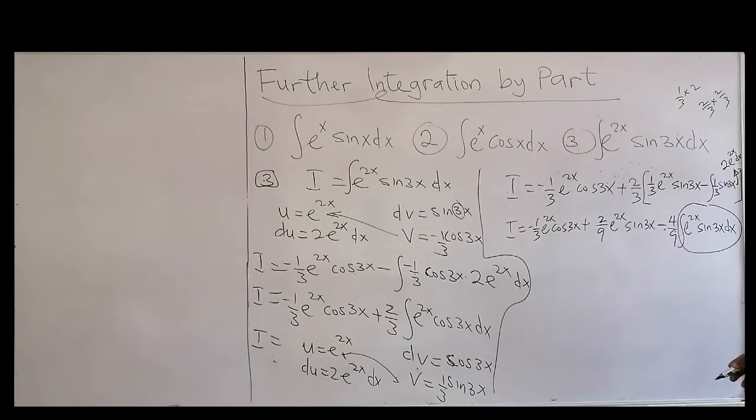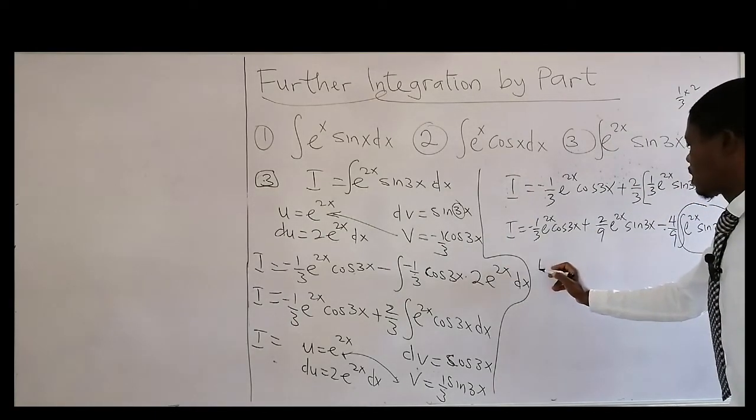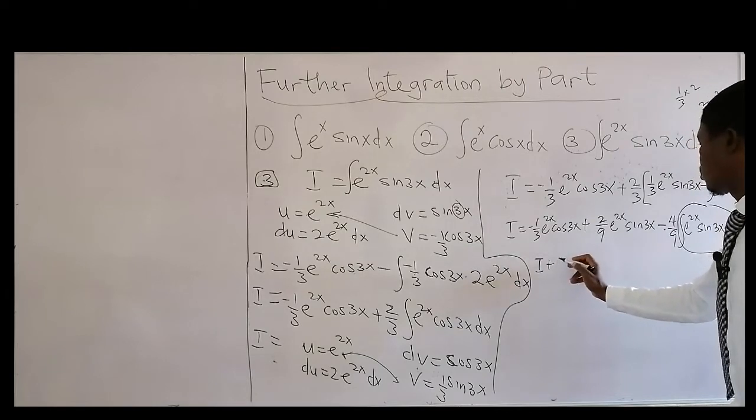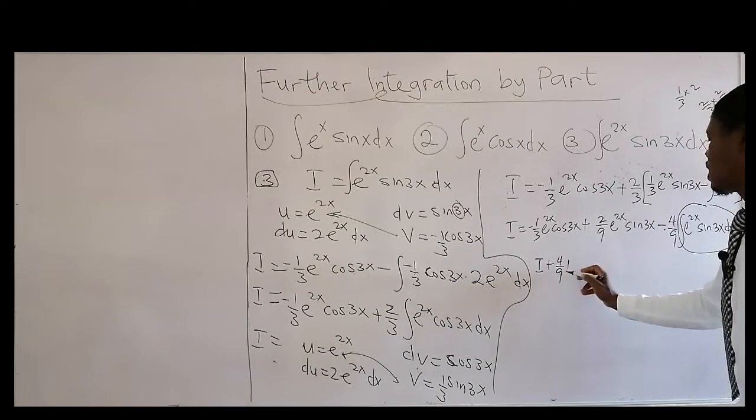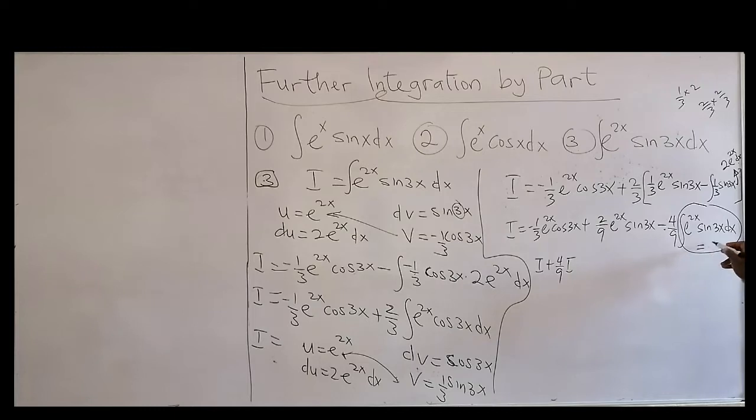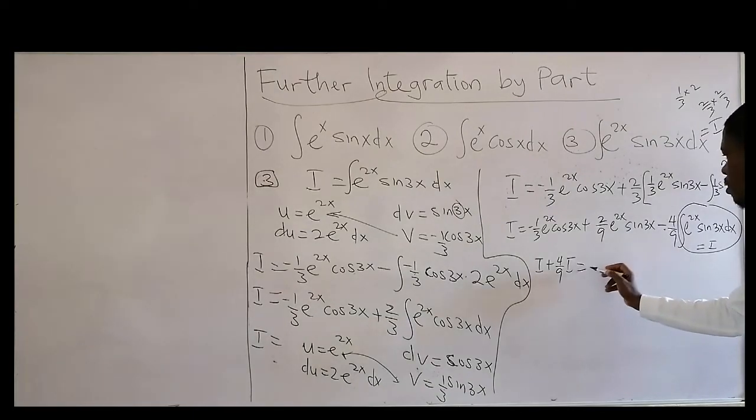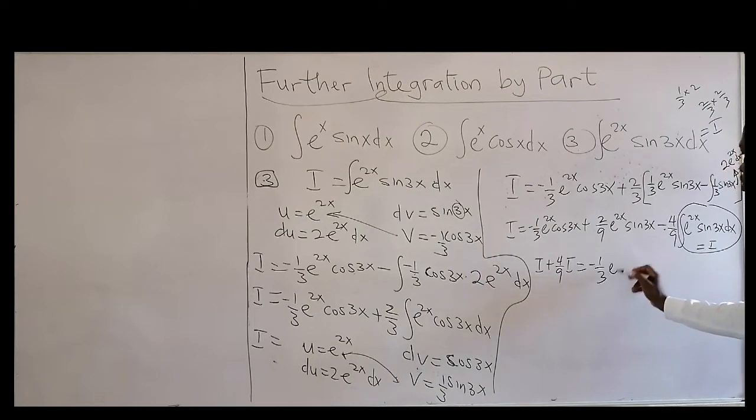That will become I. That is here plus 4 over 9 I. This is equal to I. Okay, it's the same as the question, which we call the question. We symbolize it as I. Okay, equal to 1 over this, e2x cos 3x plus 2 over 9